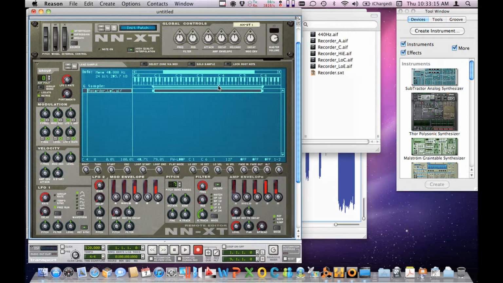Now, you get to a certain range, and it starts not sounding natural. So you've got to realize that although you technically can use one sample to cover all the notes, that doesn't always produce the best sounding results. In this case, because this is a pitched instrument, we need to tune it